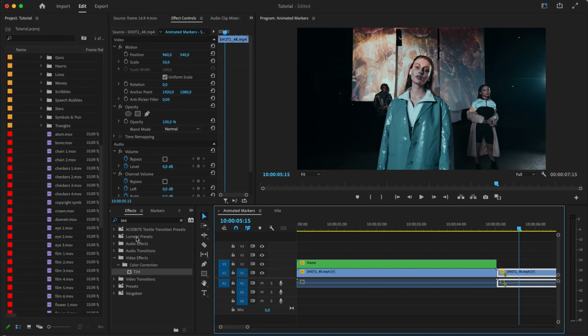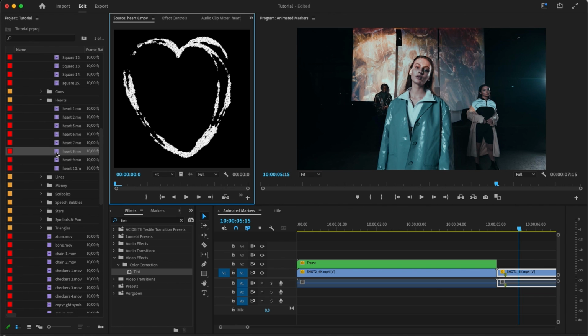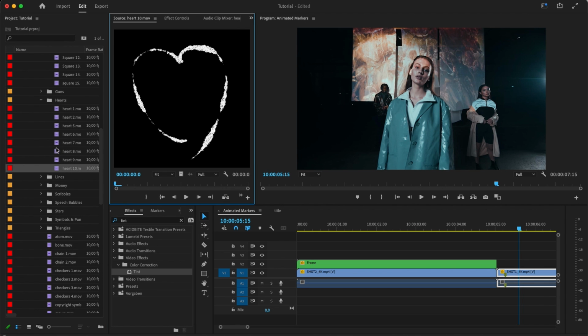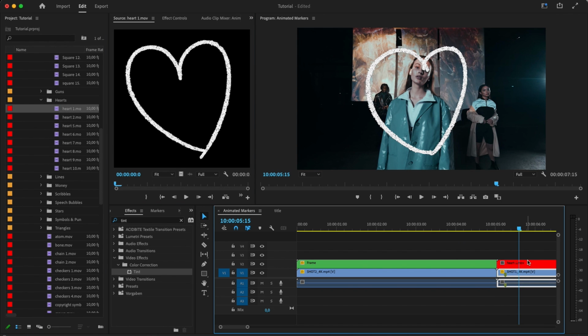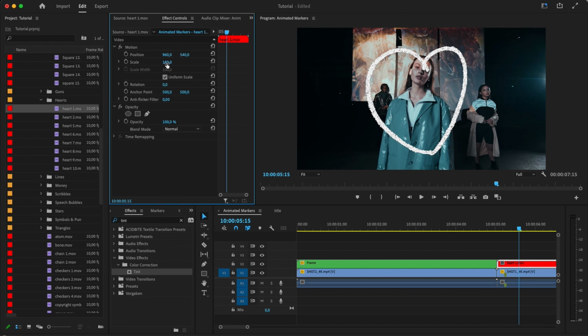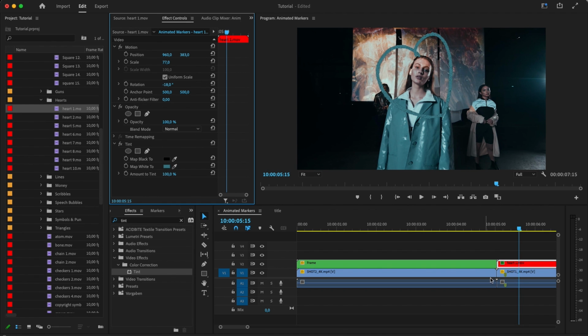Very cool. The same process applies to all of the assets. For the next one, I'll try to grab a heart here. You can see, of course, we're providing you with a whole bunch of different options. I think I'll just grab the basic one. I'm going to use the asset again as a framing device for my actor here. I'll use the scale, position and rotation controls to center it around her face. And then I'm thinking I might tint it. Maybe this time we'll go for the color of her clothing to help integrate it into the scene a bit more.